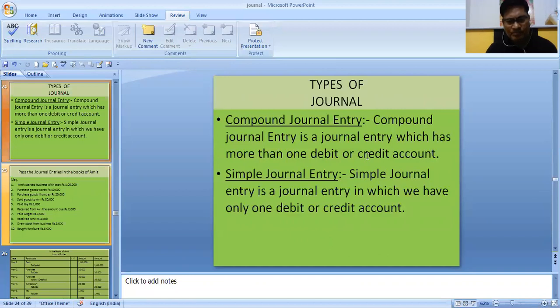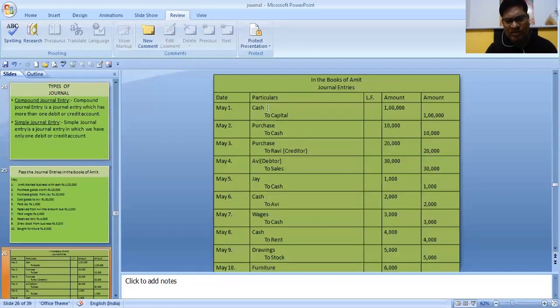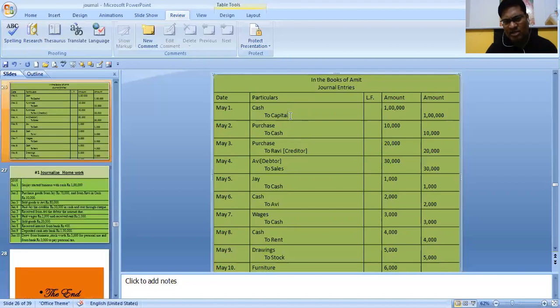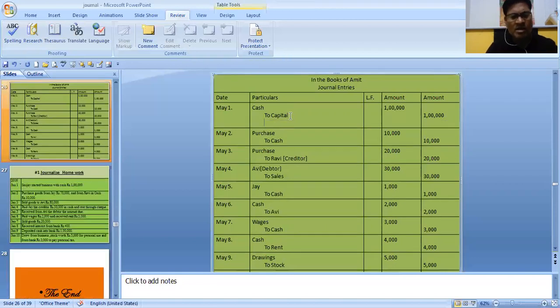Next, journal entries are of 2 types, that is, simple journal entry and compound journal entry. I'll give you an example. Started business with cash rupees 1 lakh, cash to capital, is an example of a journal entry. This example is a simple journal entry. I have not given the narration. Actually, I should have written the narration also over here. The narration would have been like this: being